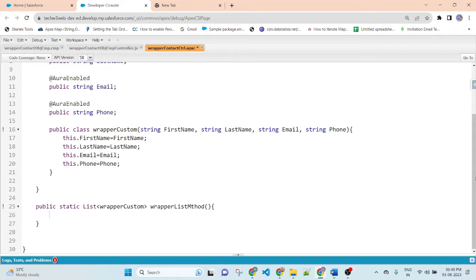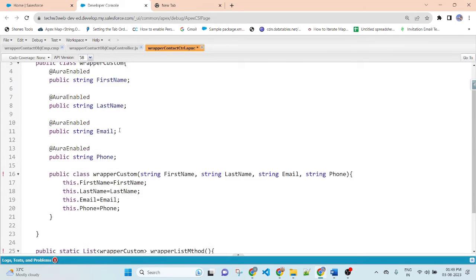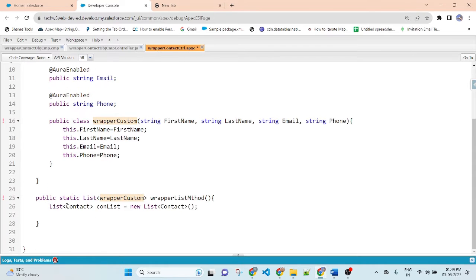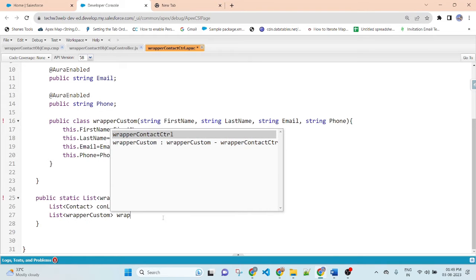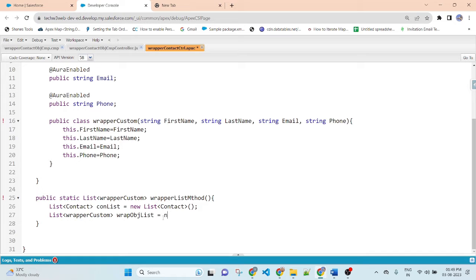So I will create an instance of contact, new. Then I will create an instance of the wrapper class. My wrapper class name is this. Wrap object list new. So I have created two instances, first for contact, second for wrapper.